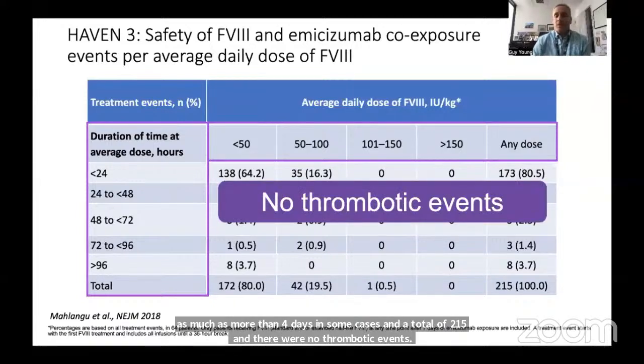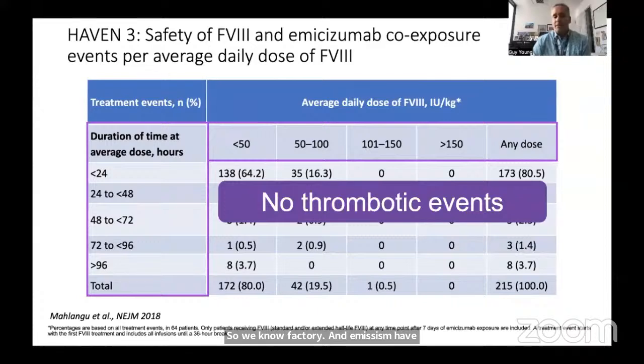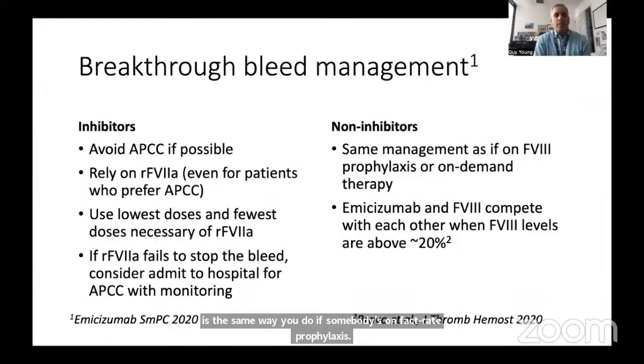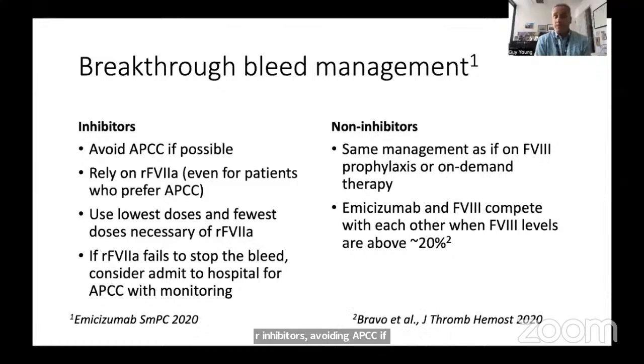So we know factor VIII and emicizumab compete with each other. And so there is no additive or synergistic effect when using factor VIII with emicizumab. And so the way you treat breakthrough bleeding is the same way you do if somebody's on factor VIII prophylaxis. You don't have to alter that at all. So here we go. For inhibitors, avoid APCC if possible, but you don't have to avoid it entirely. If APCC works for a patient to treat bleeds, then you could use it. Please keep in mind the box warning and do not violate that box warning. You can rely on factor VIIa mostly, even for patients who may have preferred APCC before. Use the lowest doses and the fewest doses necessary. And if factor VIIa fails to stop the bleed, then consider admitting a patient to the hospital for APCC if